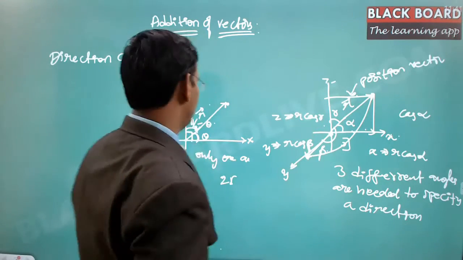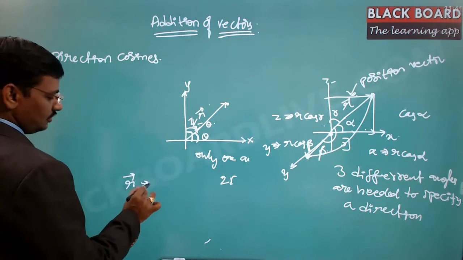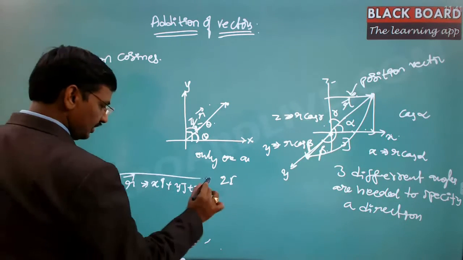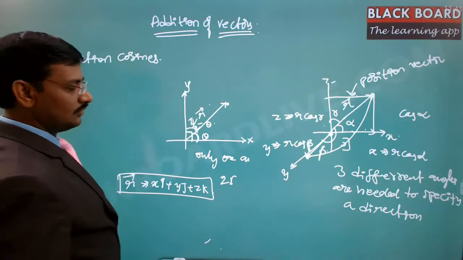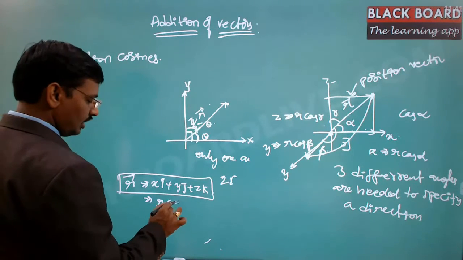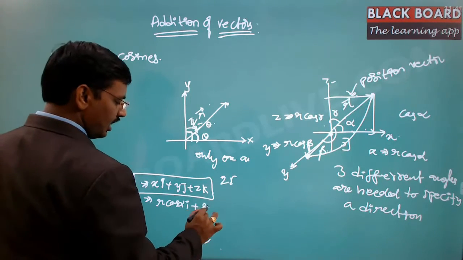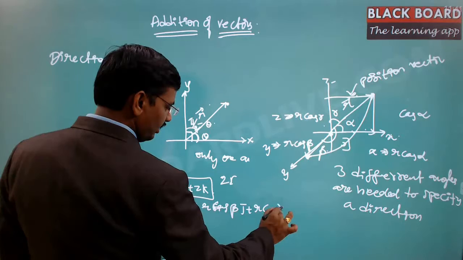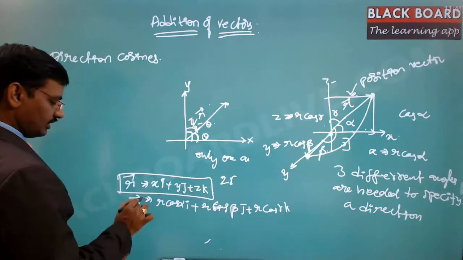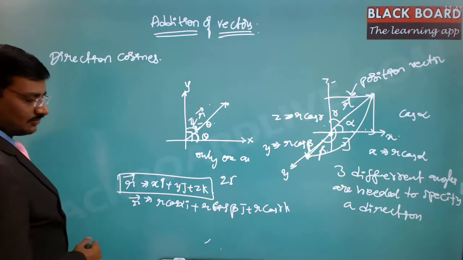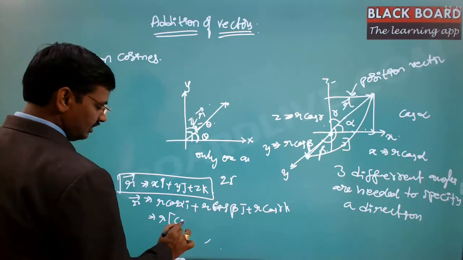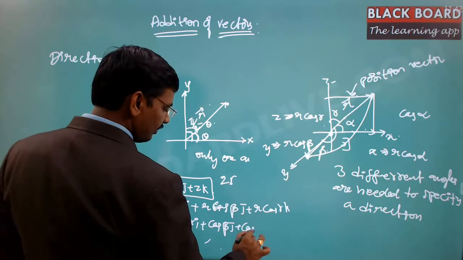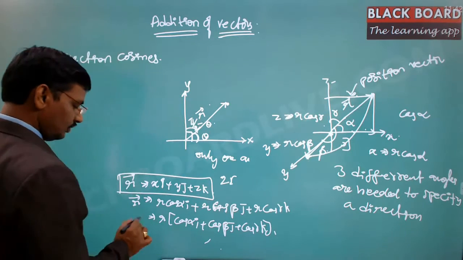Now, the r vector is usually expressed as the position vector r is equal to xi plus yj plus zk. Now, this is the position vector in the 3D plane. Now, out of this, if you notice, it is r cos alpha into i plus r cos beta into j plus r cos gamma into k. So this is the value of the r vector. Now if you take r out from this, it is cos alpha into i plus cos beta into j plus cos gamma into k. So this value is r bar.